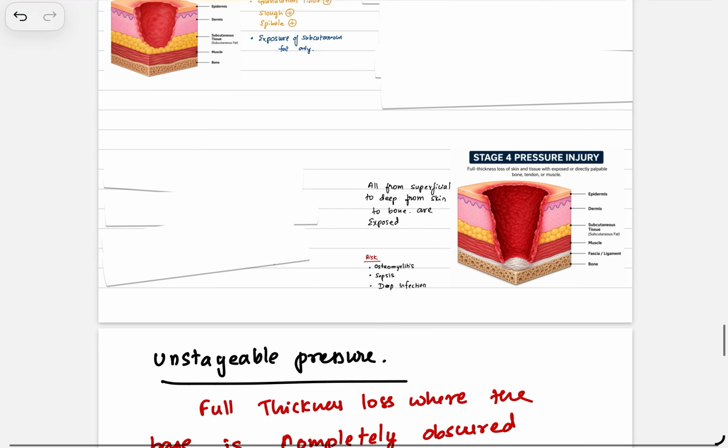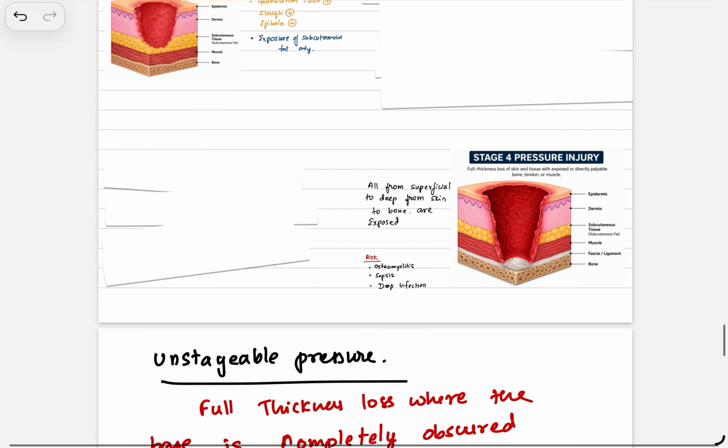Primary level of care means you are preventing the patient from the risk. What are the risks? Fecal matter, urine, and not repositioning are risks. If you are repositioning every time, you are preventing the risk. If you are preventing the risk, that is the primary level, and if you are not preventing the risk, then it may progress to the disease, to ulceration, that is pressure ulcer.